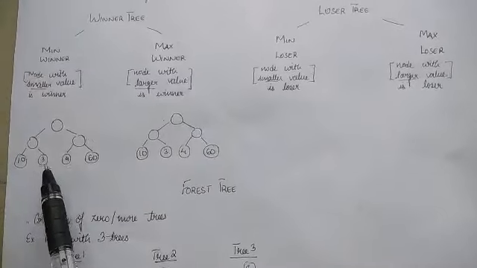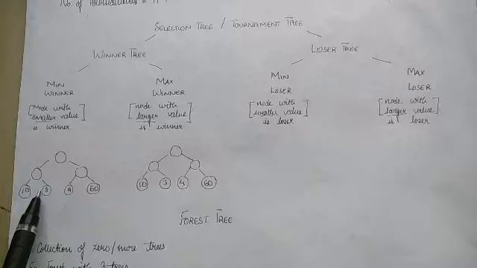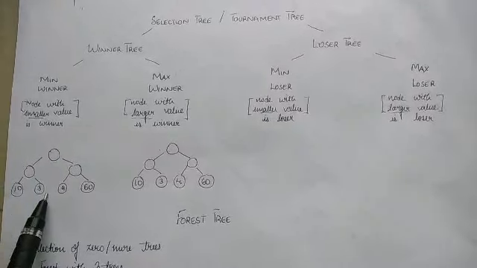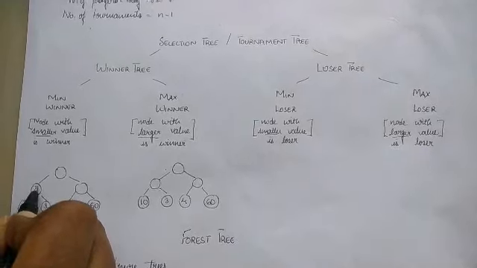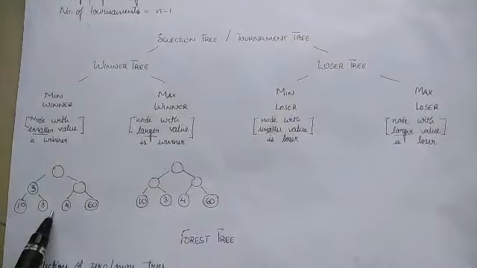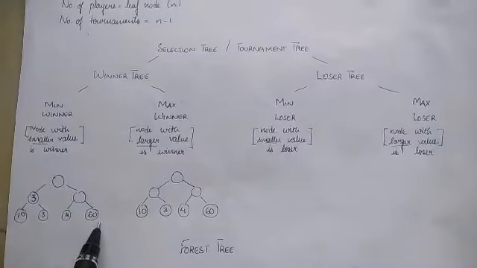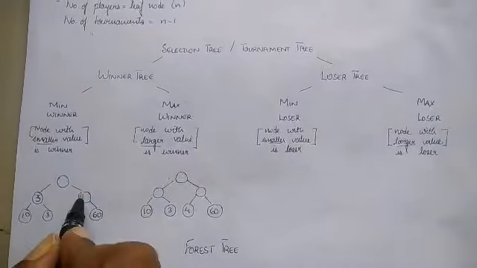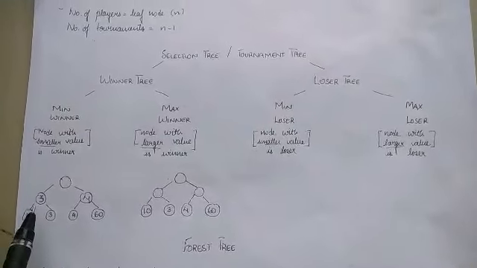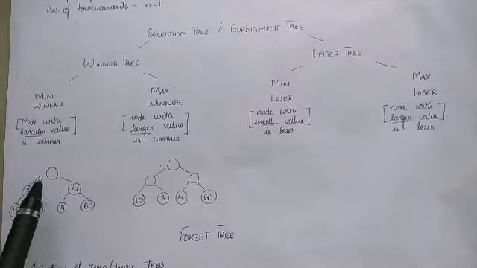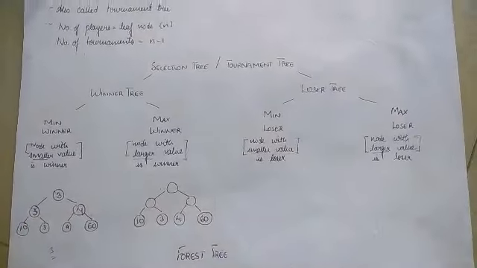See, for example, in this tree, the first subtree leaf nodes are 10 and 3. So, the number that has the least value is 3. Let's fill it in the parent node of those leaf child nodes. And among 4 and 60, the number having the lesser value is 4. And now, among 3 and 4, the value that is least is 3. So, you put it in the root node. And hence, 3 is the min winner.